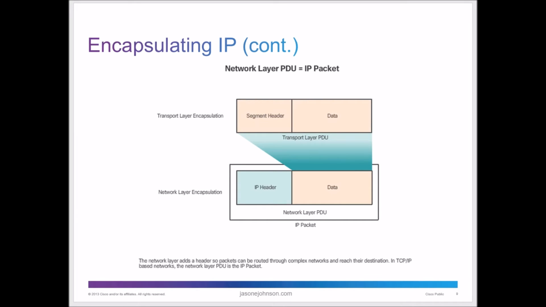And what happens here is that transport layer PDU gets encapsulated in there. The IP packet is sent, so the IP header gets put on there. And that's the network layer encapsulation, so it knows where it's coming from and where it's going to. It has all the addressing on there, so that it unpackages it on the other end. And then this information is encapsulated, and it gets unpackaged so the other end can read that information.